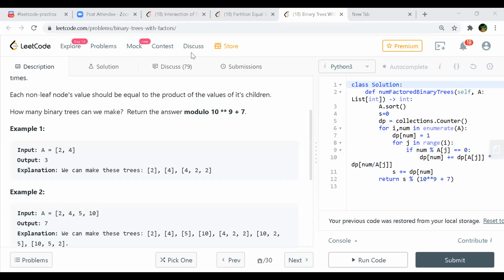First, I'll push all the elements in a hash, an unordered map, and then in the second for loop, I'll fix one element and check whether nums of i divided by nums of j is there in the hash map or not. If it is there, then I'll multiply the number of trees, dp of nums of j into dp of nums of i by j.